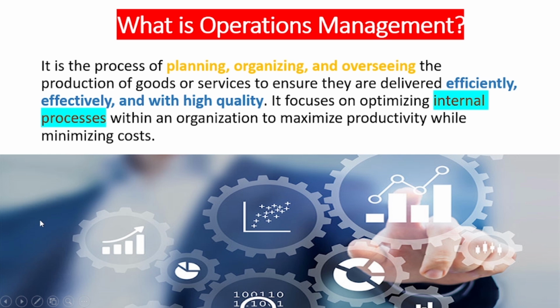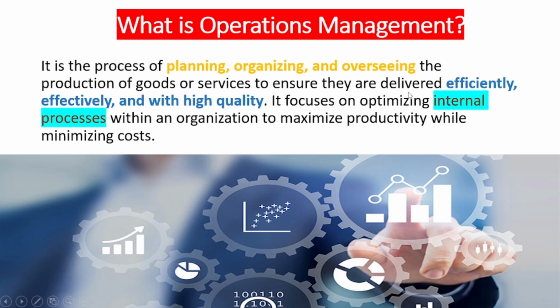For example, in any company, in any organization, anything going to be manufactured, like for example they make a single pen, so the process of making the pen is inside the company, an internal process inside the house. Any kind of operation involved in making that pen inside the company, inside that house, is known as operations management. Okay, planning, and what things are involved in operations management: planning, organizing, overseeing the production of goods or services